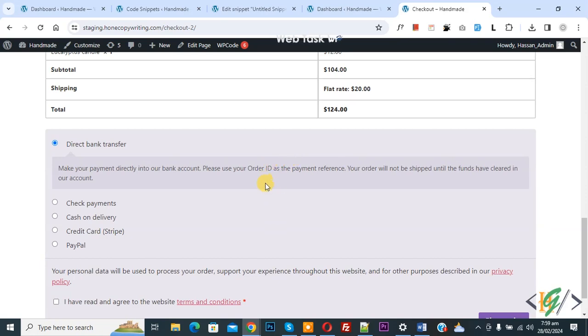Bismillahirrahmanirrahim. Assalamu alaikum. My name is Hassan and today we are going to hide direct bank transfer and check payment